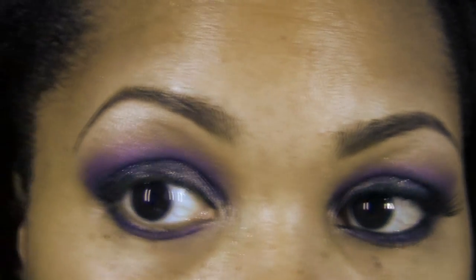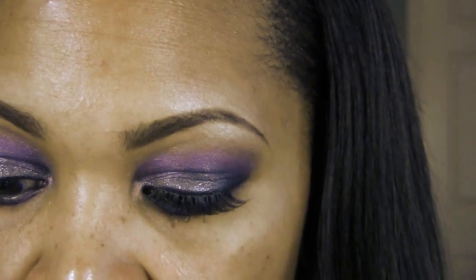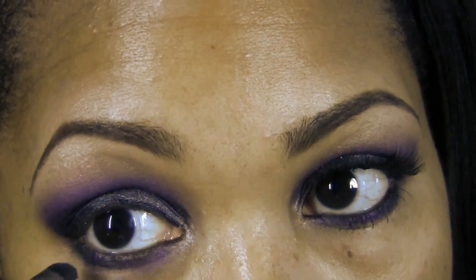And now that my upper lash line's lined, I'm going to line my lower waterline using my Urban Decay Zero pencil. Lastly, to help set my pencil, I'm going to be using my Sigma, and this is the E20, a short shader brush. I'm going to just take that and simply pat it on the waterline just to set the shadow